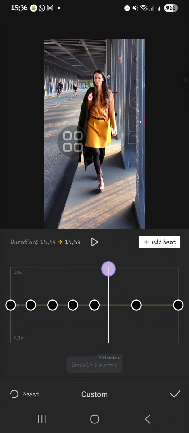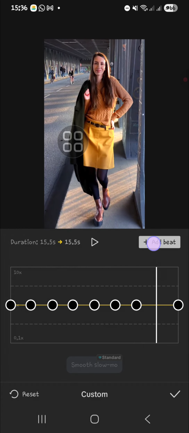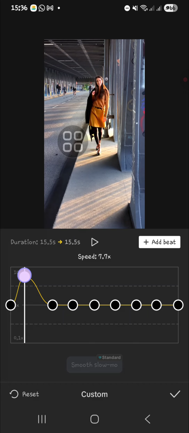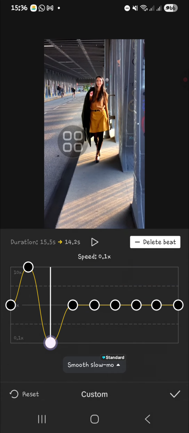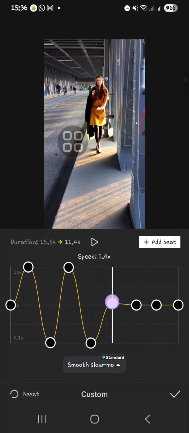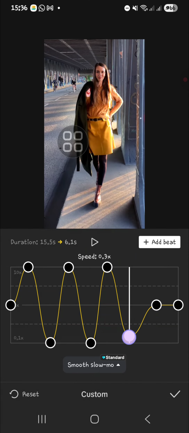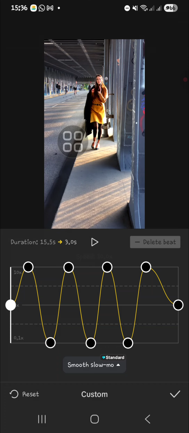Okay, right here, and then the last one here, and then you can create the curve like this. You can speed up and then slow down, speed up, slow down, speed up, and level like that. And then you're going to apply smooth slow motion feature, choose faster process or better quality, and click